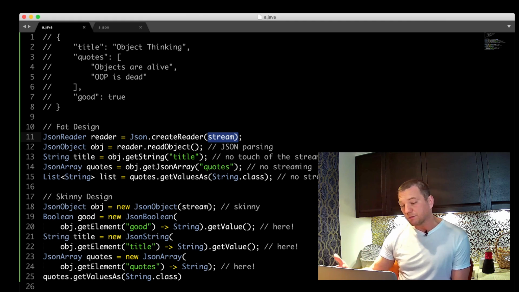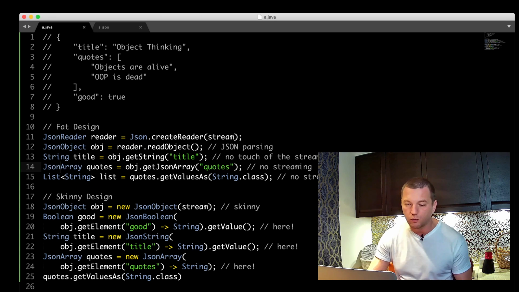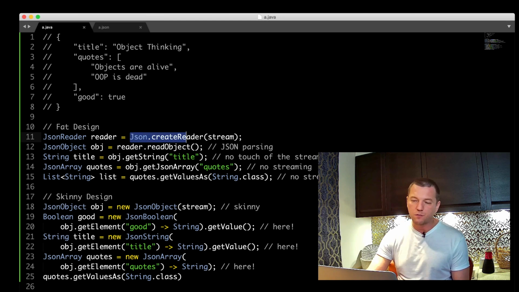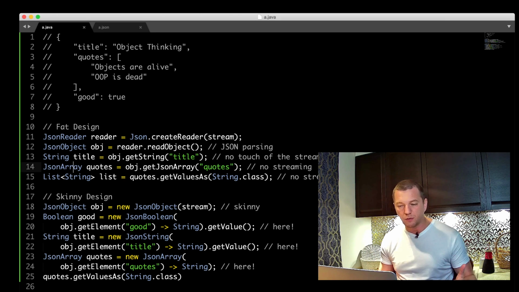But in other cases, we may say, how about we stop at this line and say, give me the implementation of this JSON array, and I want to work with the JSON array without parsing the whole object first and then retrieving. I don't like to create this reader, and then from the reader get an object, and then from the object get an array. This library is forcing me to follow a specific procedure.